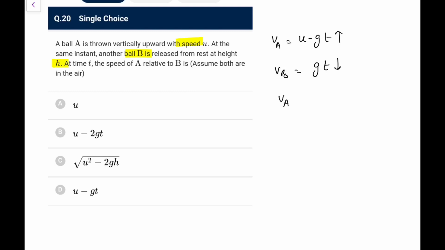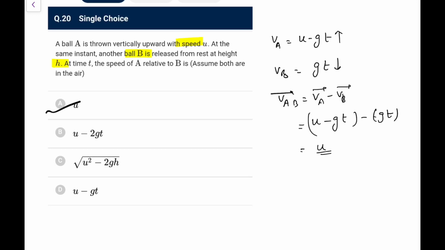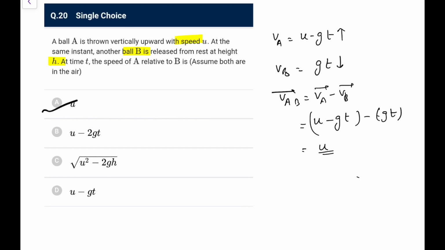So if I do V of A relative to B, that is VA minus VB. Taking upward as positive, it would be u minus gt, minus (minus gt), so it basically becomes u. So the relative velocity will become u. You can directly say the relative acceleration was 0, so the relative velocity always remains the same, and the answer given by NTA is